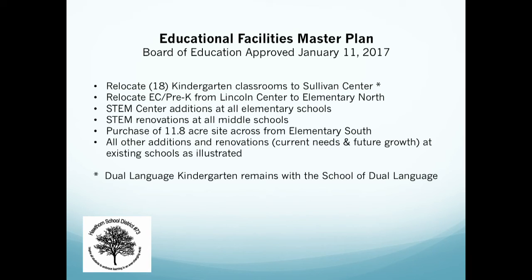The facilities master plan, like we said, is a 10-year plan. We're looking at creating a kindergarten center attached to the Park District Sullivan Center and sharing resources and space. That would relocate 15 kindergarten classrooms out of the buildings into that building. That is not a long-term solution. Many folks have asked me that. Will that solve our problem, give us these classrooms back?